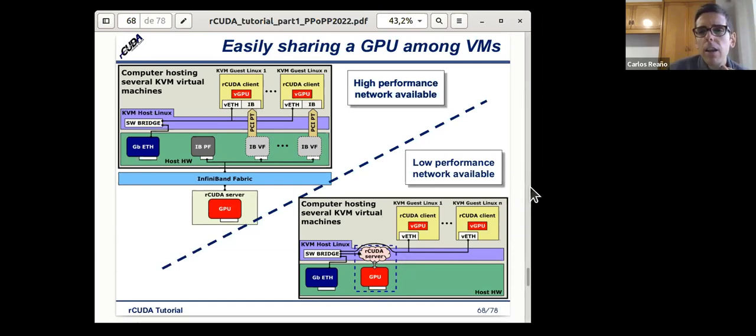Notice that NVIDIA has also released MIG, the multi-instance GPU, which also allows you to share virtual GPUs. But that feature is only available in the latest GPUs. What happens if your cluster doesn't have these latest GPUs? In this case, rCUDA will still be useful.